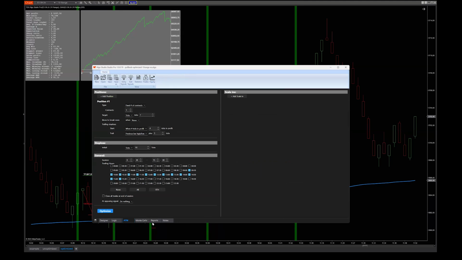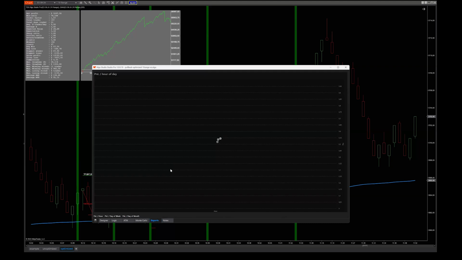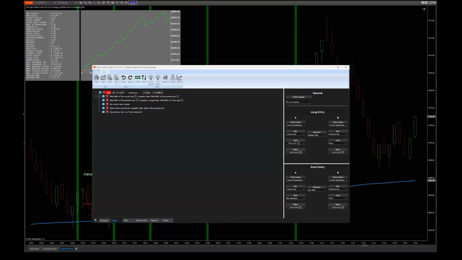I don't think it has a Monte Carlo analyzer in reports. So it has a very good designer. But yeah, we took it a step further and made sure that the entire process from design to backtest to optimize to forward test is in this product.